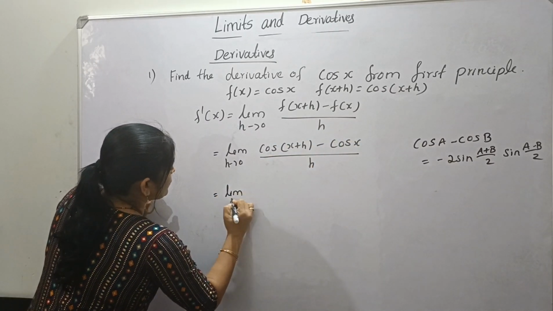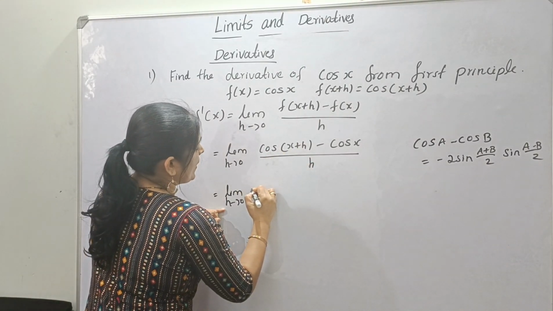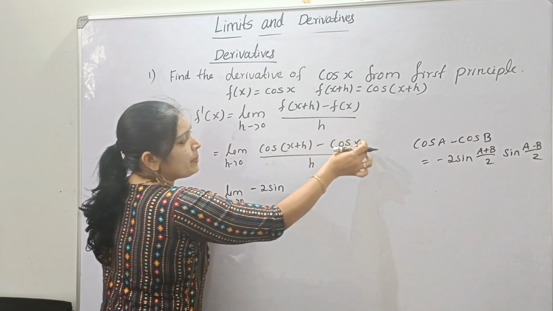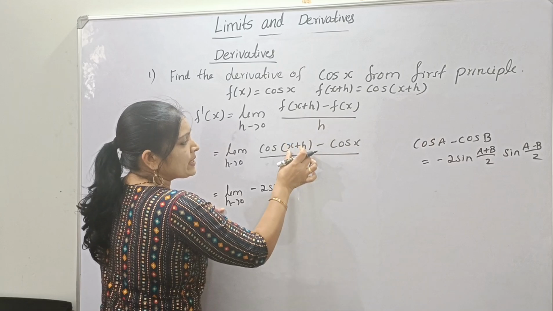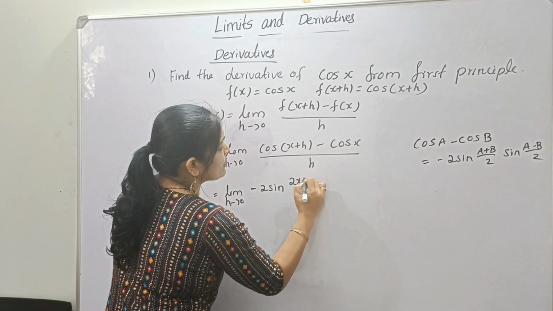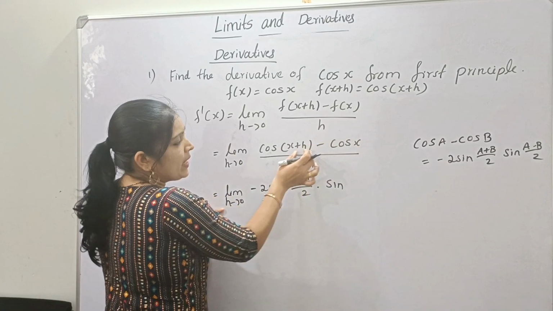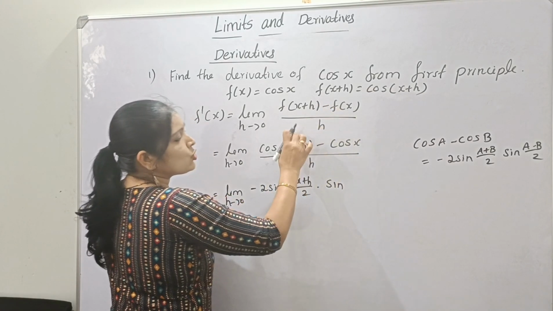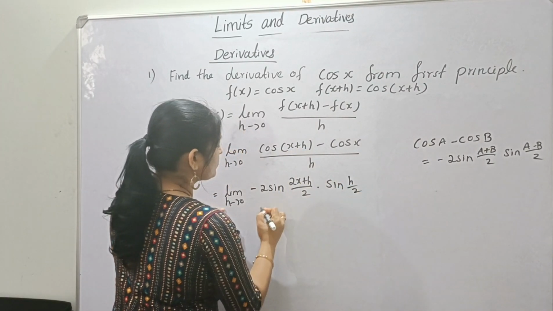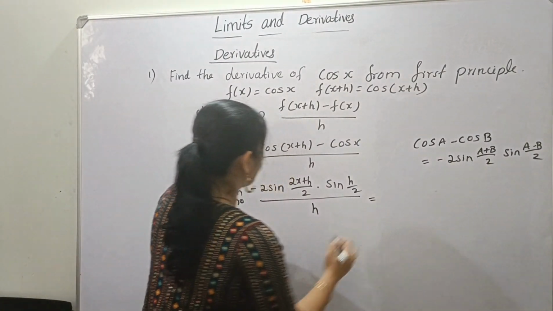So this will become limit h tends to 0 of minus 2 sin of (a plus b). A is x plus h, b is x. So a plus b, x plus h plus x, will become 2x plus h, right? 2x plus h by 2 into sin of (a minus b), x plus h minus x. So there x will cancel, remaining h. So h by 2, divided by h. Okay. So it will become,